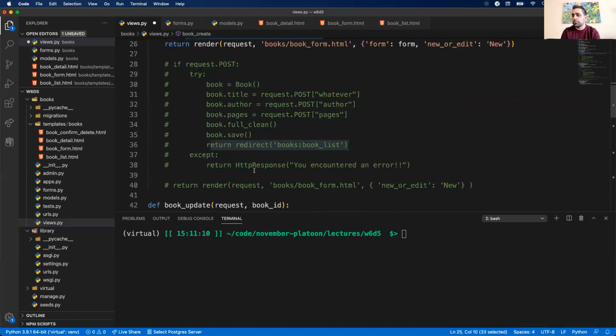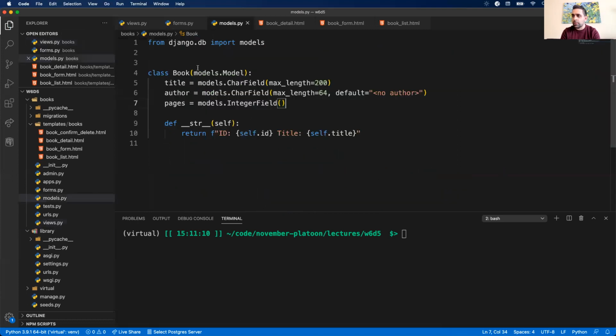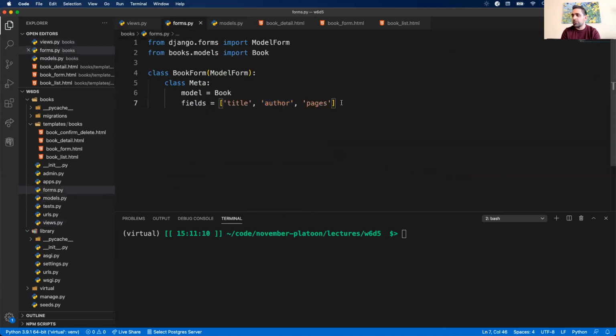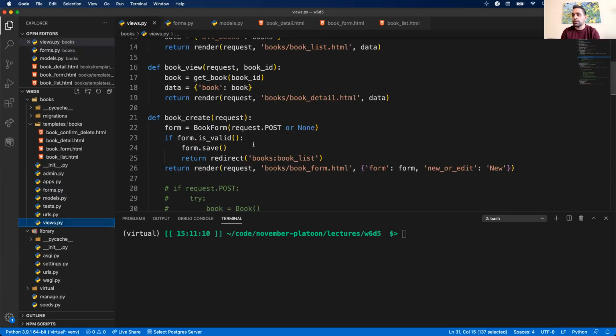So this is similar to what we were doing before, but notice we don't have to specify each of the fields here. That was done in one place in our forms. We just have to specify what fields we care about in our BookForm. And then if we go to our views, we don't have to specify those at all. It's behind the scenes, the form is taking care of it. So in this case, all